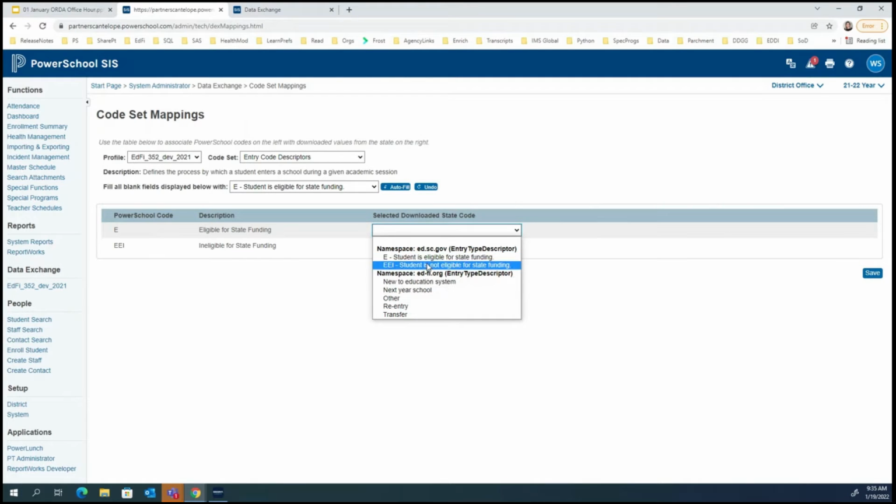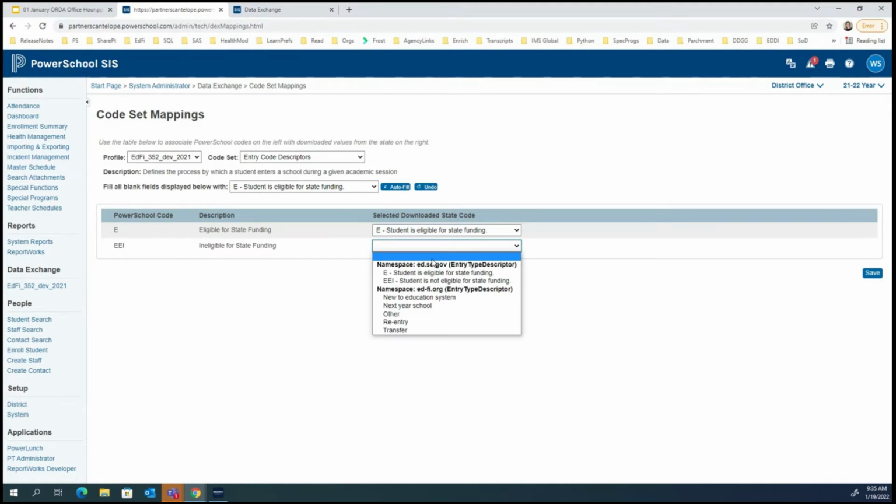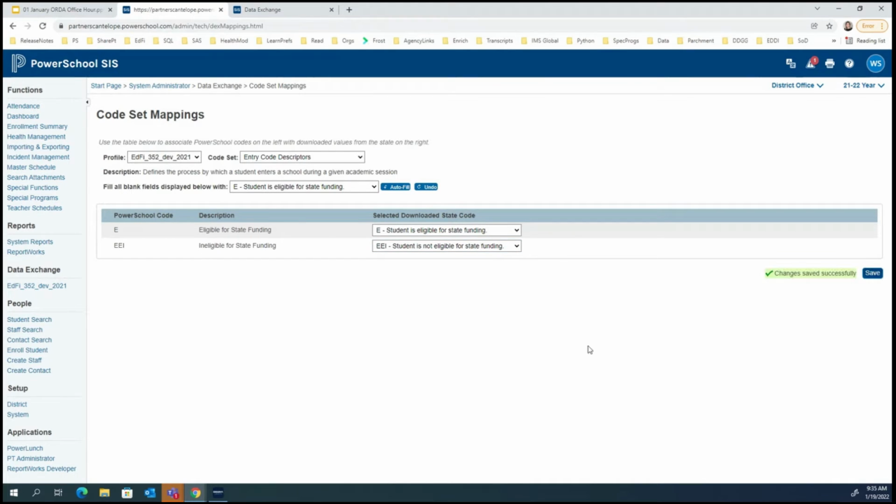But if you were to see both of those, the thing to do would be to look at the code, and if there's something that's identical, just pick that. So you see why I said it's kind of annoying, because it seems like, why do I have to do this? But actually it helps to ensure that things that could vary within a district do in fact match up appropriately. So we select E, we select EEI, easy. So that one was a pretty easy one, and then I can save that.